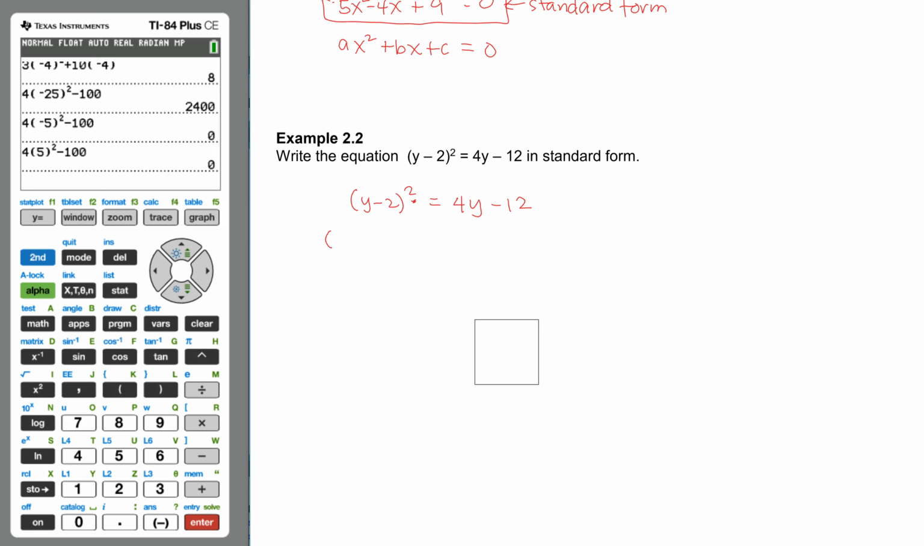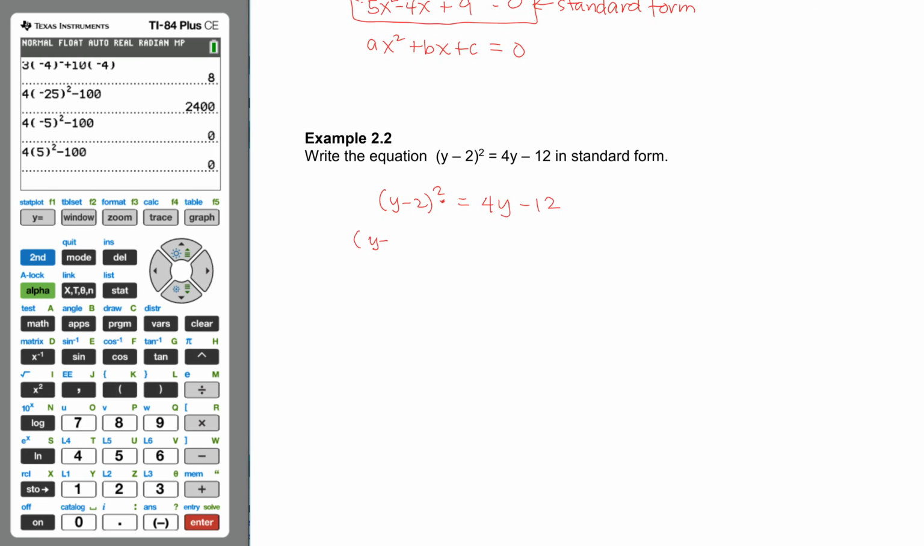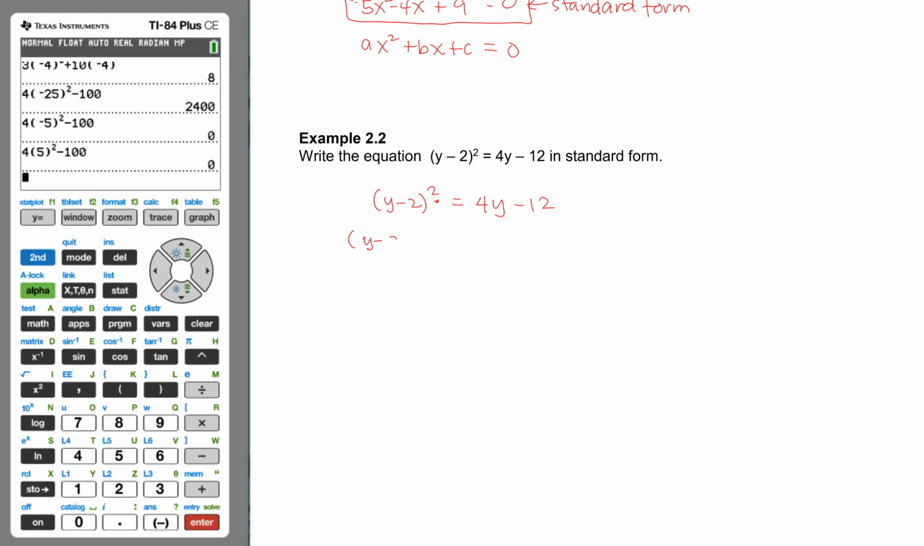So I now rewrite that as y minus 2 times y minus 2 equals 4y minus 12. Now apply the distributive property here. So we have y times y is y squared, and y times negative 2 is negative 2y, and negative 2 times y is negative 2y, and negative 2 times negative 2, that gives you positive 4, equals